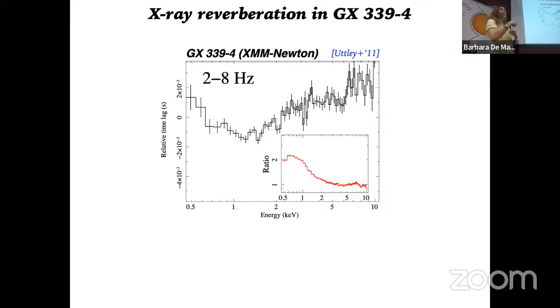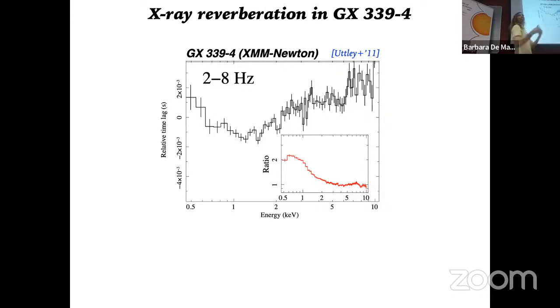This is a spectrum of time delays in different energy bands with respect to a common reference band. In previous studies, when we didn't have the coverage that XMM had in the soft band, studies were restricted to this part of the spectrum. What was observed is that the lags were hard, which means that harder photons were delayed with respect to softer photons. This is a very common feature in black hole binaries, and I will discuss it later, but it's observed in any system. But we would expect this trend to extend to the soft band. Instead, using XMM data,